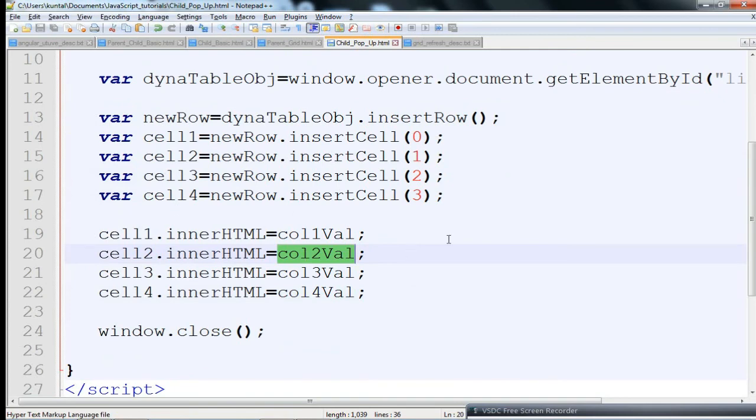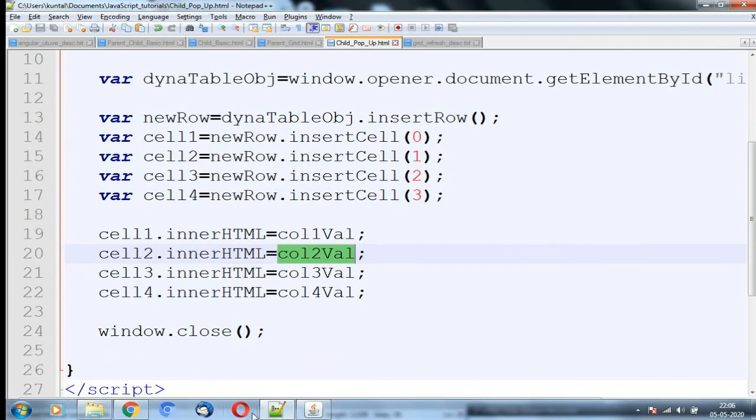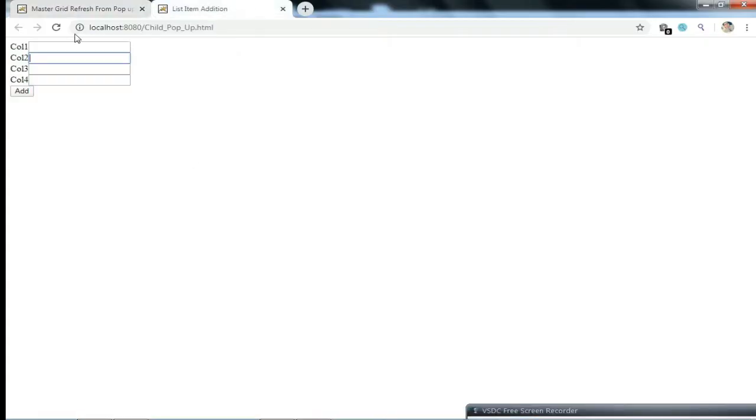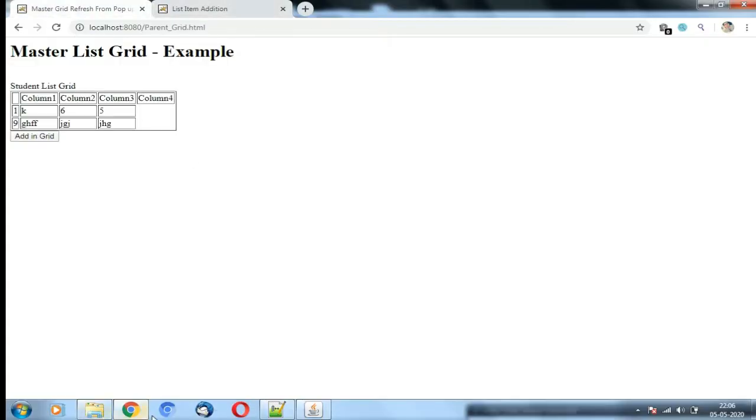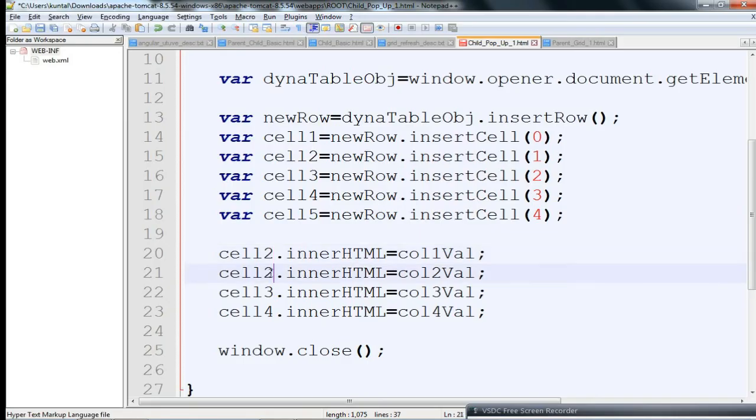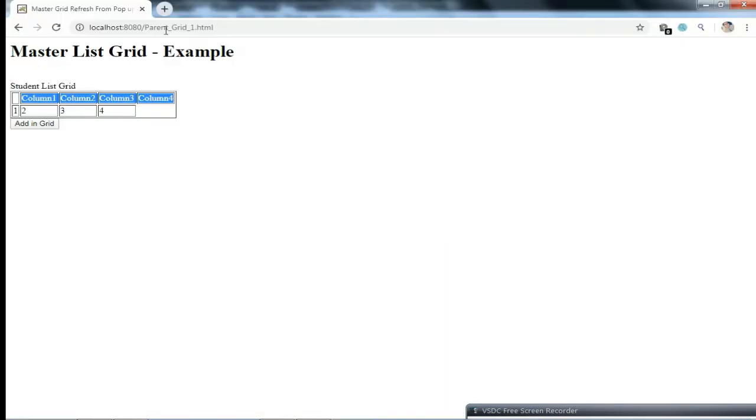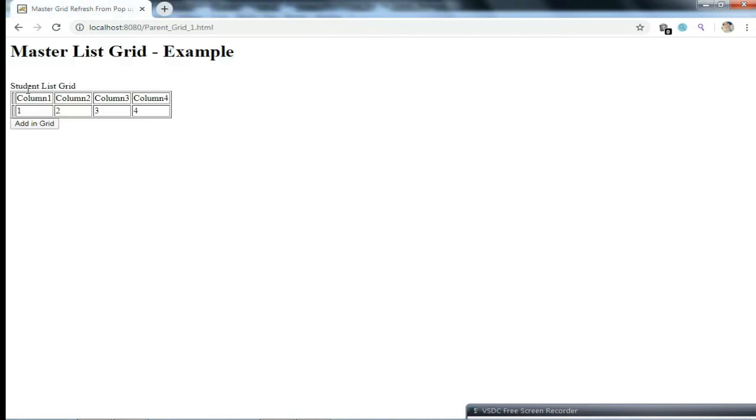As you can see, this is okay. Assigning value 2, and then 3, and then 4, and then 5. And if I do like this and then add 1 2 3 4, see, it is now inserting correctly.